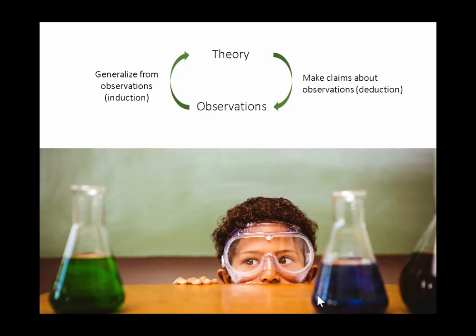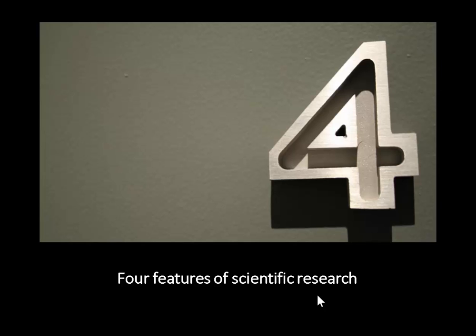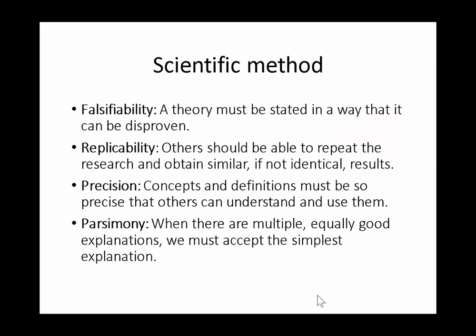And then we look back at the observations. This is sort of when we test our hypothesis, and then we go back up again to make generalizations out of that. So in reality, this is sort of a circle that we go through. I have some more examples about that, but let me jump over that. I want to briefly talk about some features of scientific research.